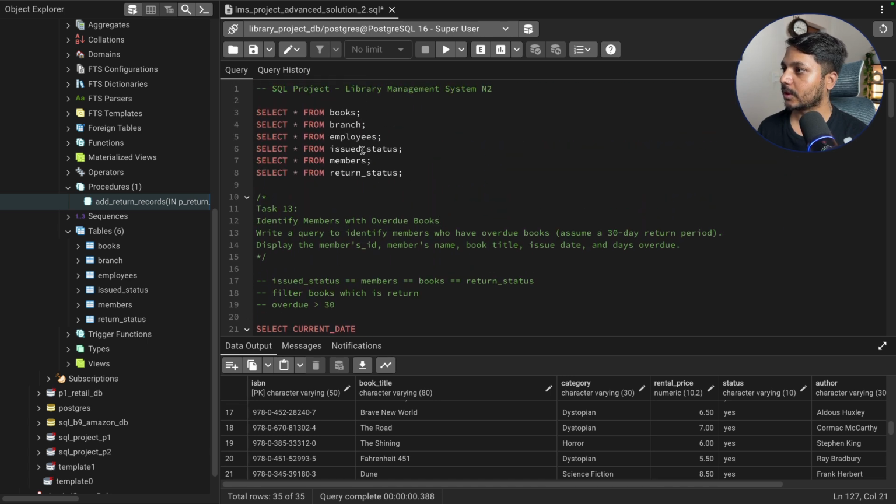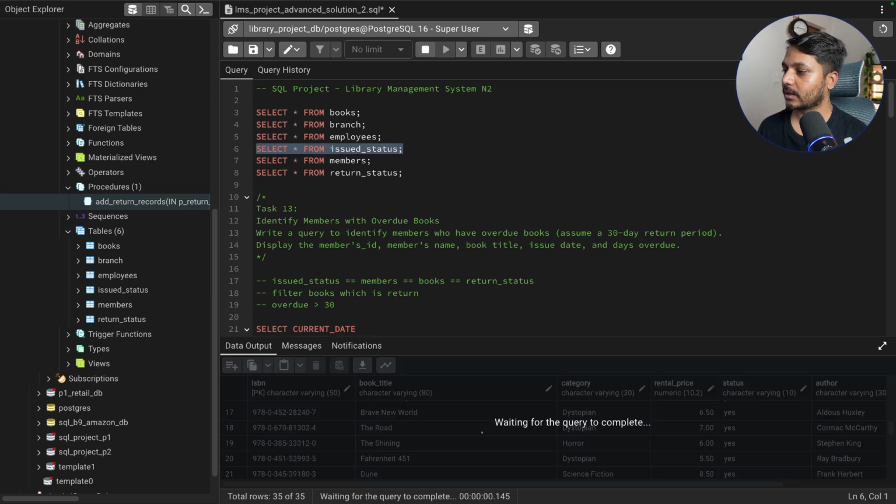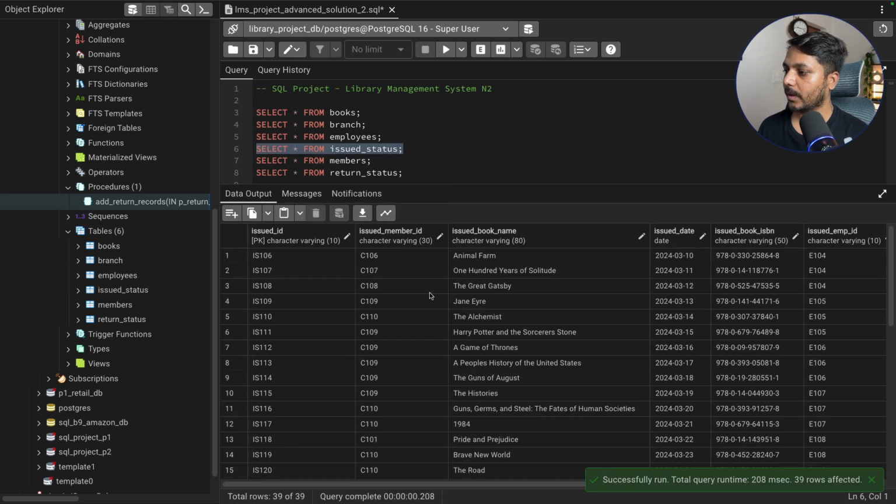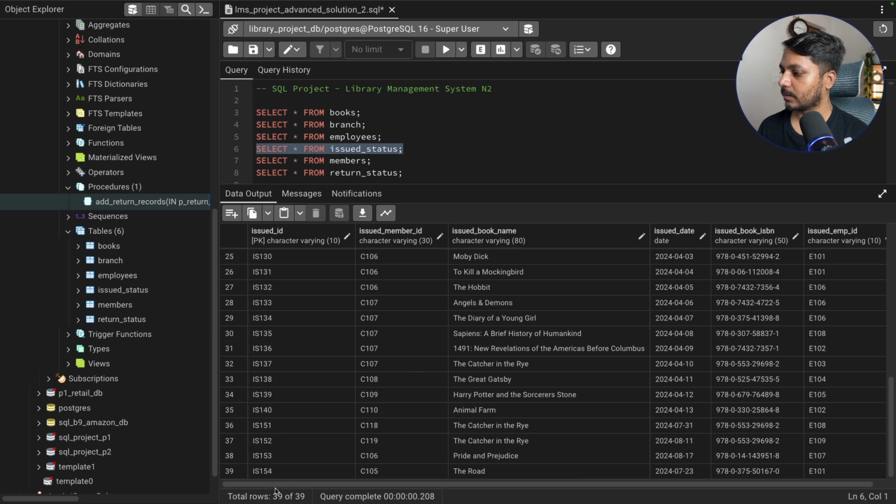So I will just need to get one of the issued IDs where the book is not being returned. So let's say issued status. Let's check. Now we will take one more issued ID, which is maybe 140. And we will check if this ISBN's status is showing as no. If it is not, we will change it where